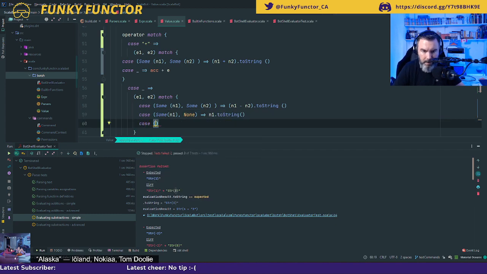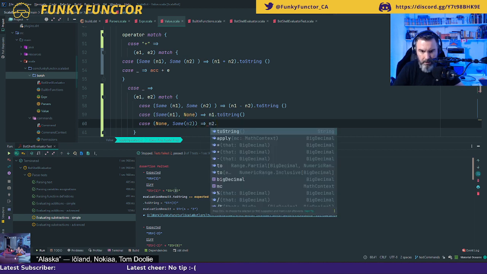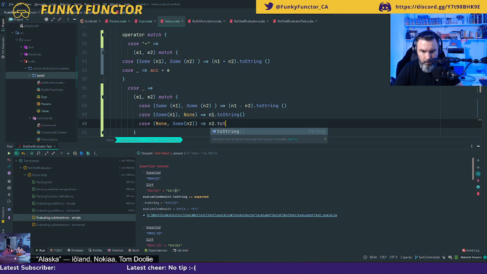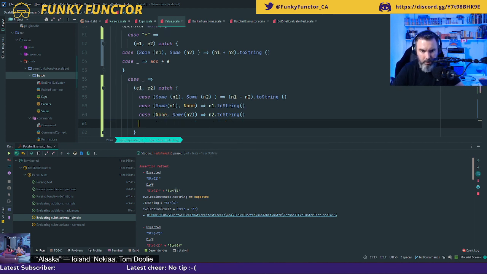Case, so here if I've got a none for the first one and a sum of n2, in that case I want to do n2 dot to string, and that can be simplified afterwards. So right now I'm just going with the flow. Case none, and here I am just going to return 0.